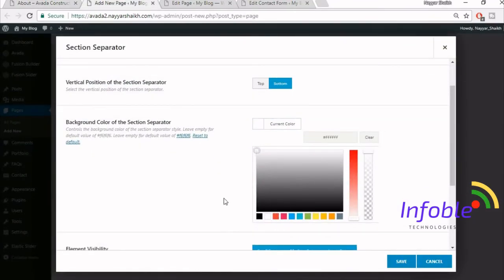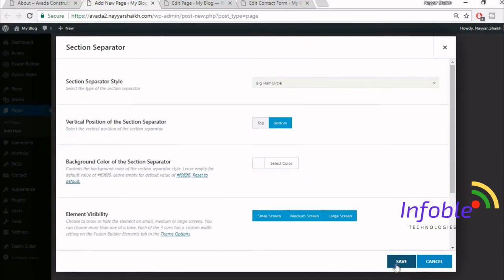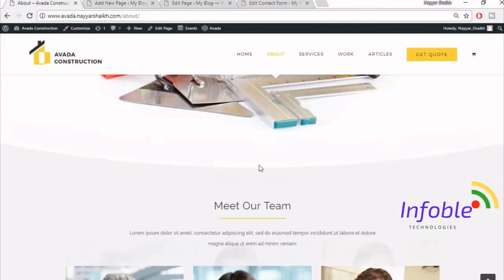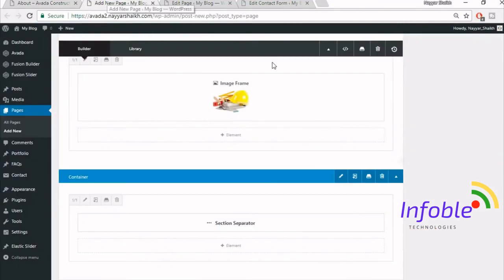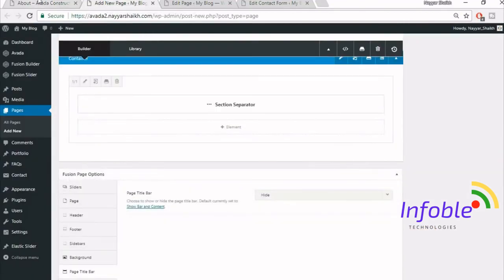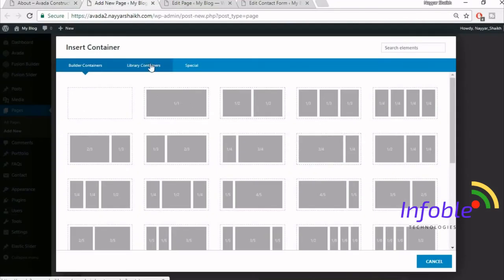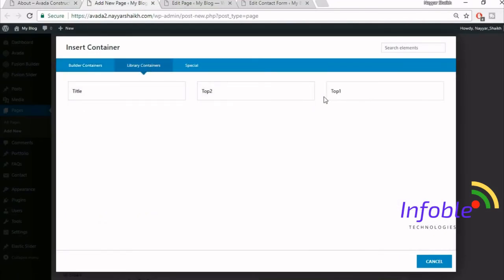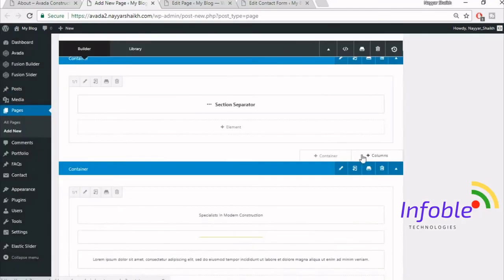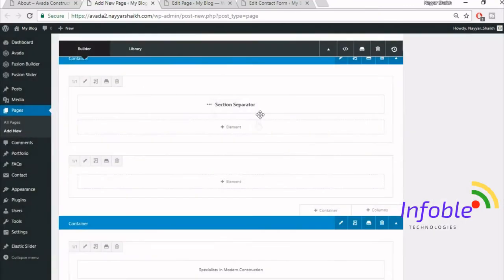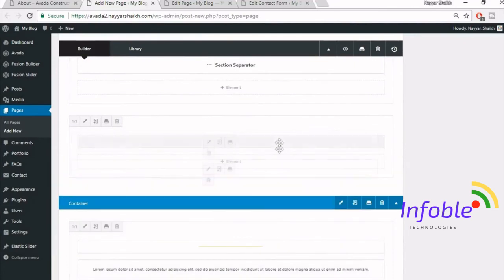So put in white over here, fine. Click on save. Now let's add this section again over here, title, subtitle, fine. So add a new container. We are adding a new container just to copy. We don't need a new container, just to copy title, subtitle from that container from here. Okay, select title. Okay, as I said, just add a new column in the above container and just copy this